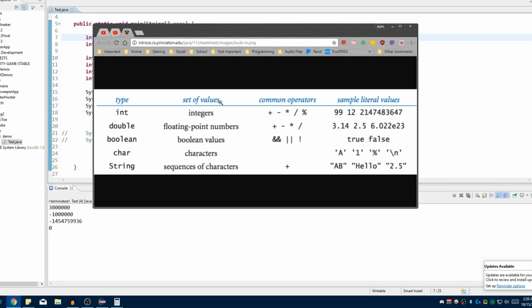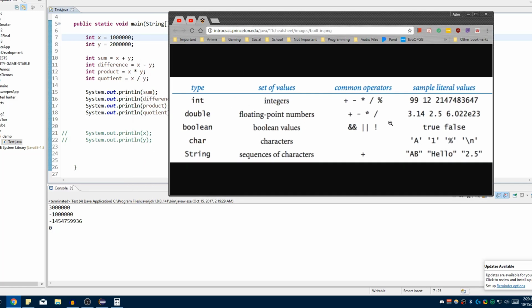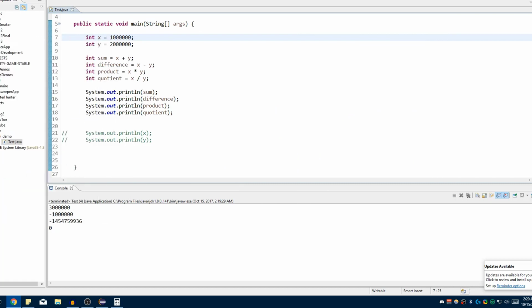That's because the range of an integer is a lot smaller, and it's actually 2.1 billion. So yeah, we have integers right here, right? And the largest integer value is actually 2.147 billion. And the smallest integer possible is negative 2.1 billion. As for doubles, the double value range is actually kind of weird. It varies for the most part, but if we wanted this answer to be correct, we would have to use